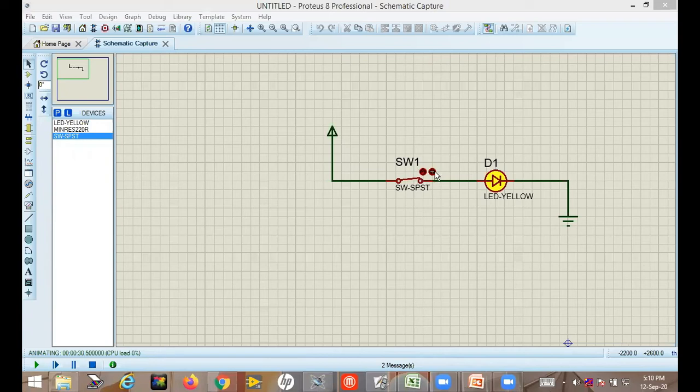Okay, so this is the way you can design your schematic here and can run simulation and see the result. If there will be any problem with this, then you can modify your schematic and rerun the simulation and again observe. If you are getting the expected result, then it is okay. Otherwise, again modify it and run simulation. Okay, clear everyone up to this?